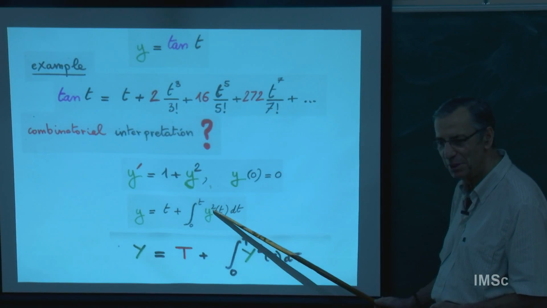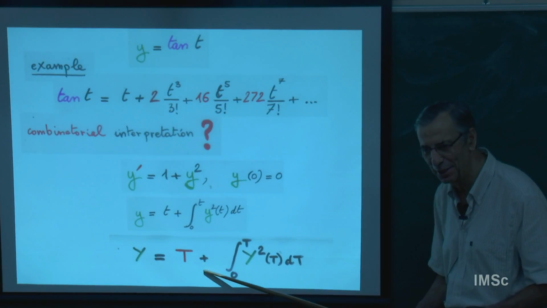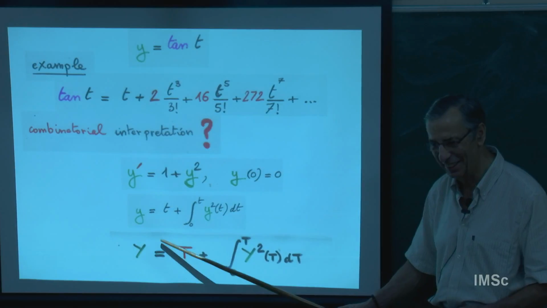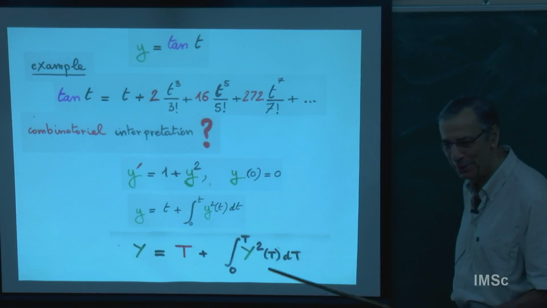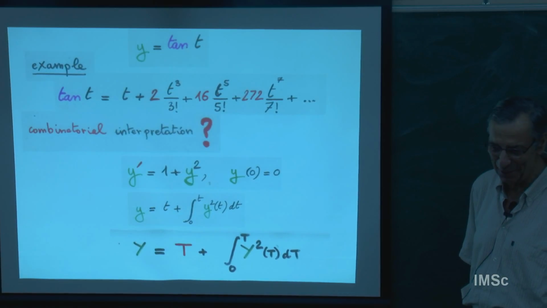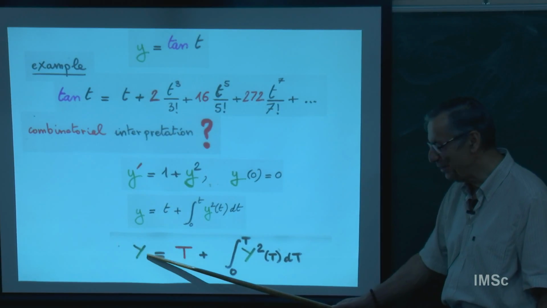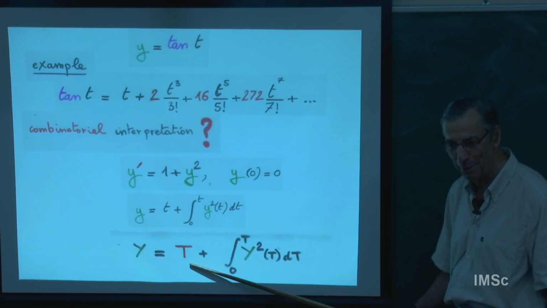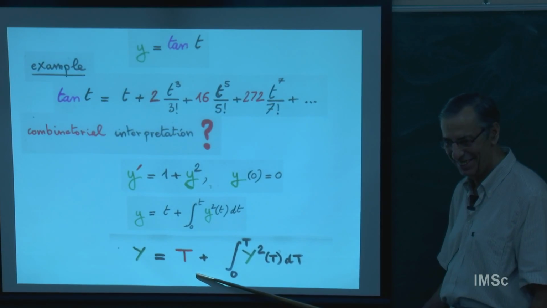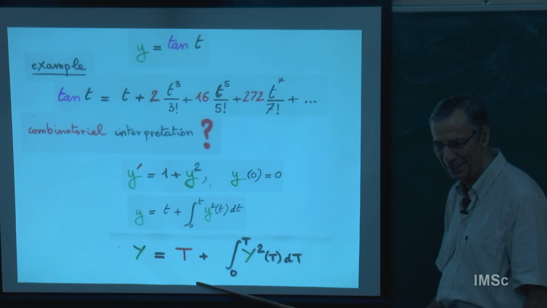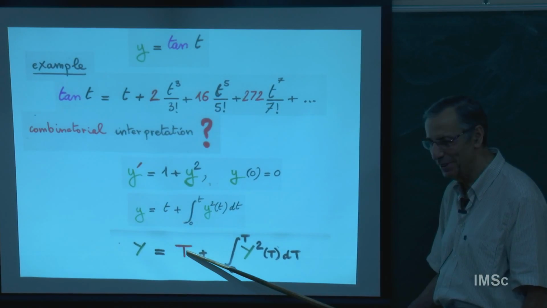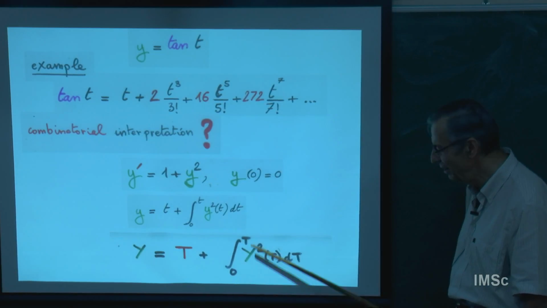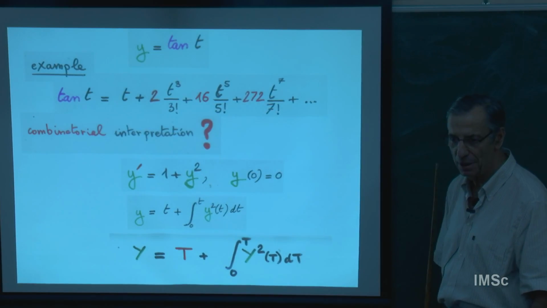Now, this is the analytic level. Now this is the combinatorial level. You just replace each letter by a capital letter. And I have a new equation on a set of species, of linear species. So I am looking for a species Y such that T is a singleton. You remember the species singleton? For any set with cardinality different from 1, it's 0. And for a set with cardinality 1, it's a single point, sometimes with 3. And this is the integral of the square of the species Y.